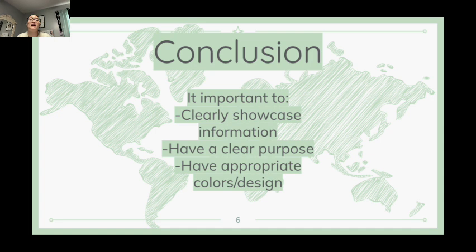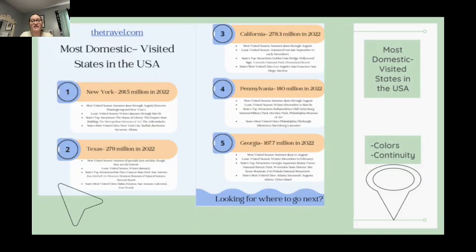So in conclusion, I think that it is very important to clearly showcase the information. A confusing infographic is just going to be confusing. The audience should be able to know what information they're obtaining. Have a clear purpose, and with that, have an appropriate color and design. For example, if my infographic were the best places to travel with kids, perhaps I would make it a lot more of a kid-friendly infographic, more colors, maybe some designs here and there. But since I intended this to be for just like an average adult,